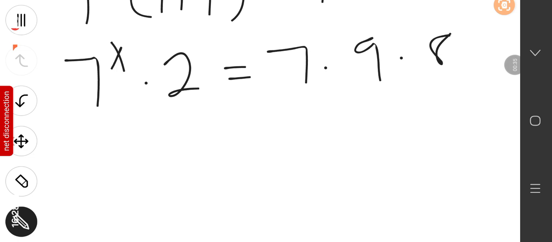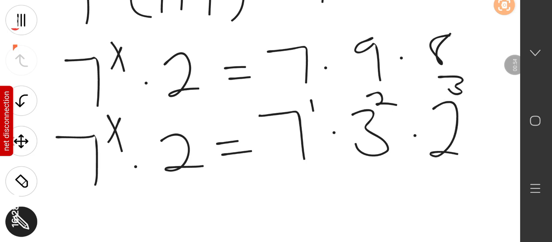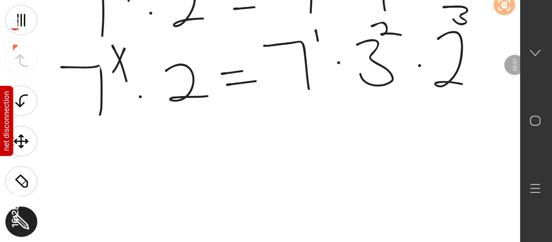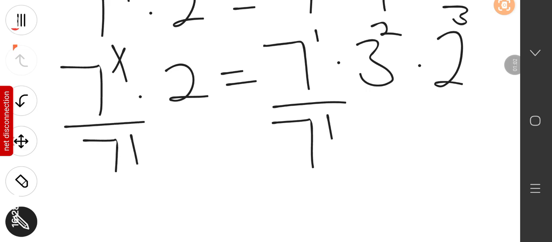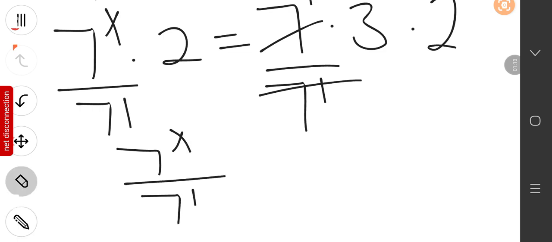Now let's divide here. So we can say 7 exponent x times 2 equals, now 7 is the same as 7 exponent 1. 7 exponent 1 times 9, and 9 is the same as 3 exponent 2. 8 is the same as 2 exponent 3. We are going to divide here by 7 exponent 1 and here by 7 exponent 1 in order to apply the quotient rule. So this cancels this. So we're going to have 7 exponent x divided by 7 exponent 1